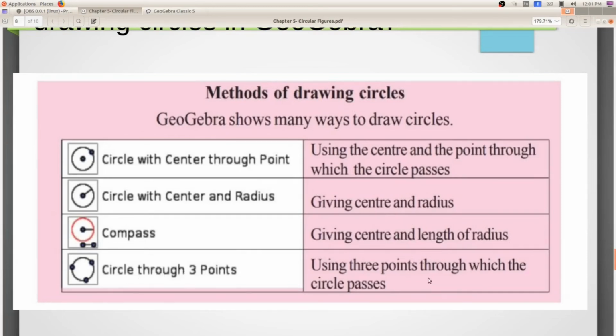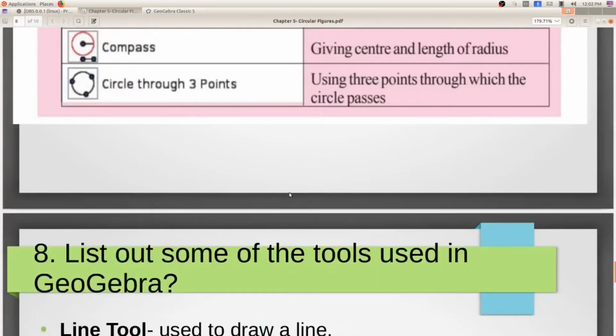Circle through 3 points means we are using 3 points to draw a circle. So study each one, the name of each one, and how we are drawing these. Very important question, sure it will be asked in your exam.